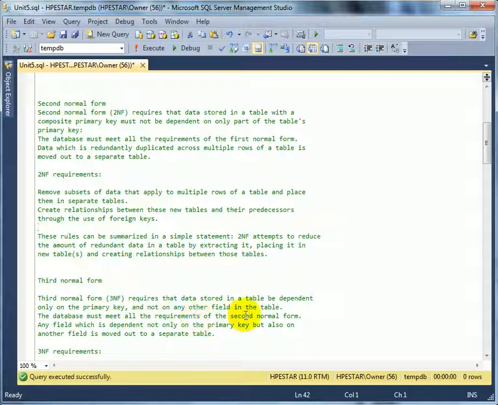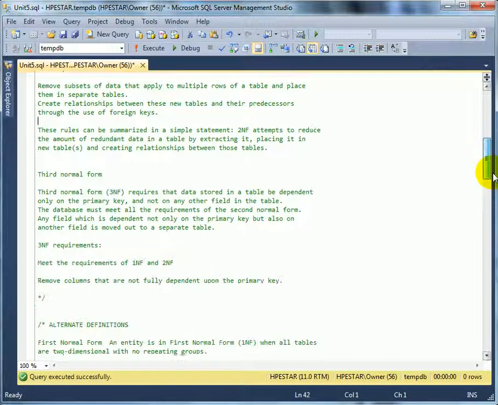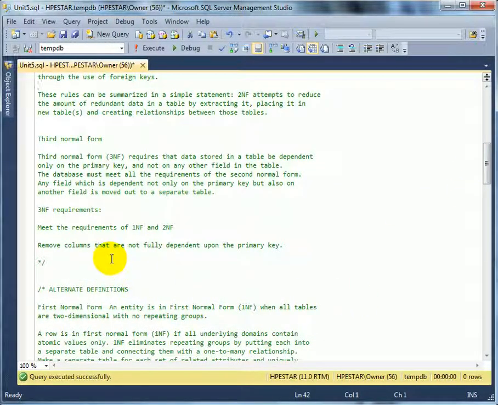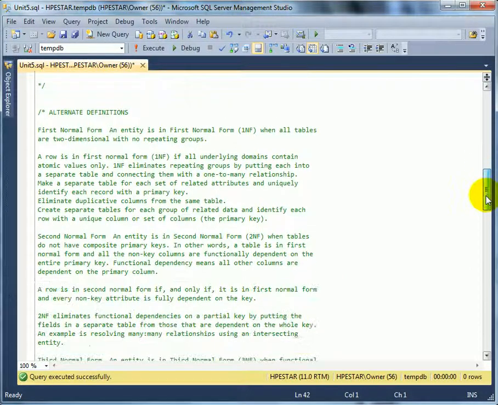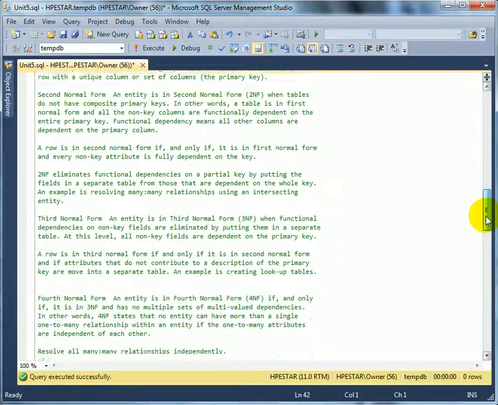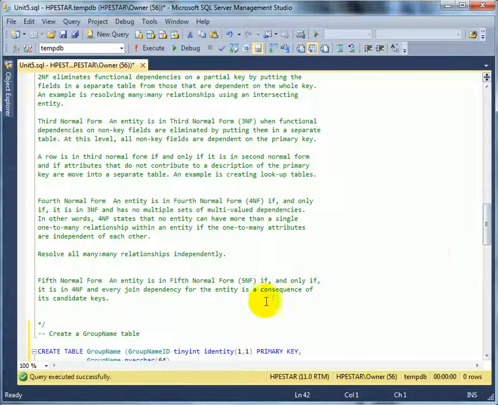The third normal form requires the data stored in a table be dependent only on the primary key and not on any other field in the table. And the database must meet all requirements of a second normal form. Remove columns that are not fully dependent upon the primary key. We see some alternate definitions. When we see the definition for fourth normal form and fifth normal form as well,